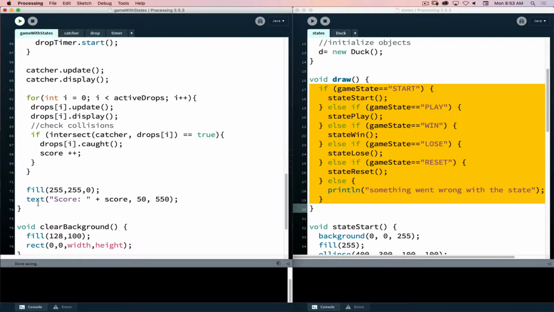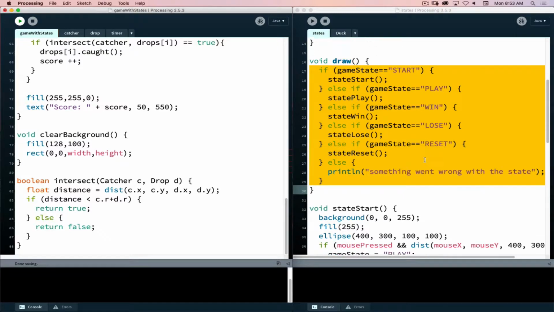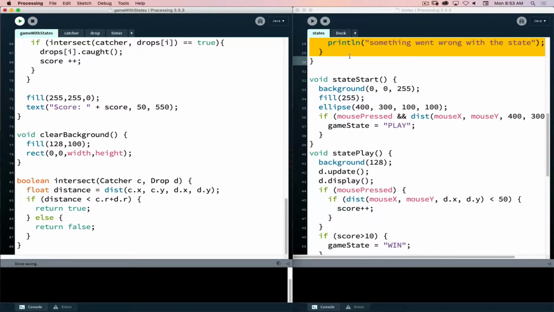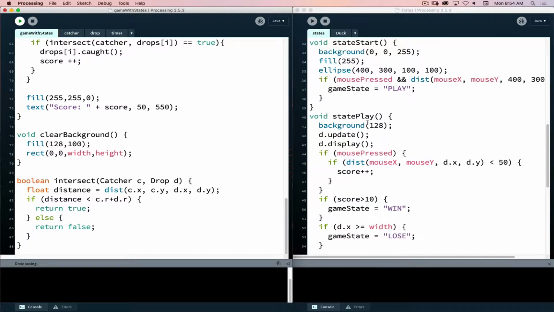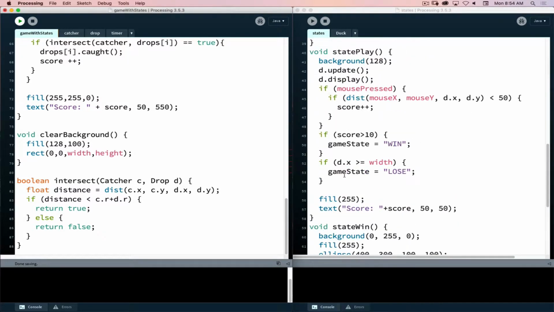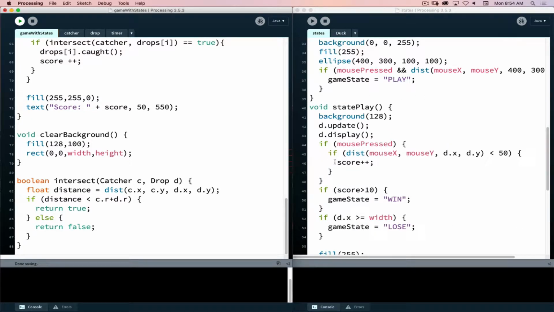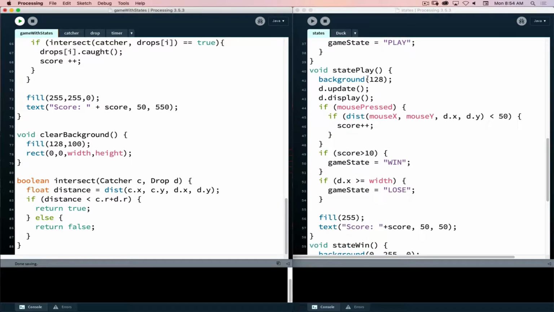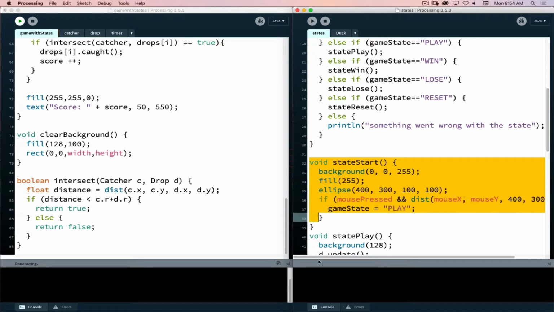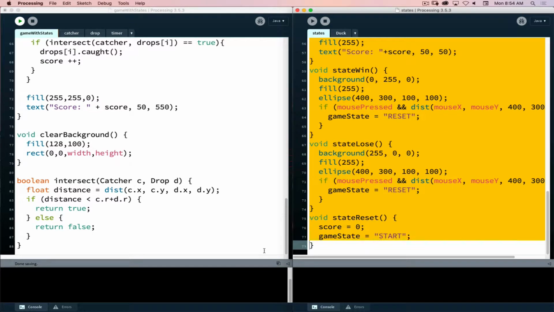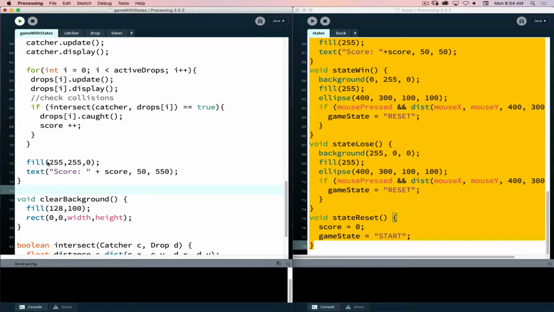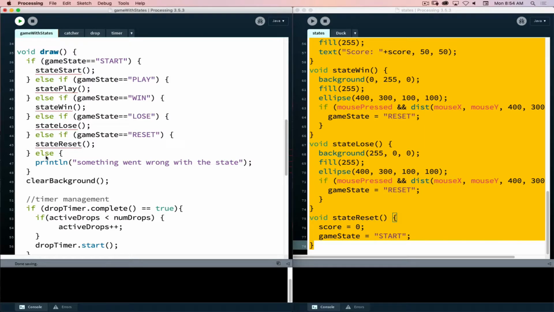The next thing that we need to bring into this is we have our different states that we're looking at, our start state function, our play function, our win and lose function, so we need those. Now the contents of the play function, that's all going to pretty much go away and be replaced by what's in the catcher game, but in the interest of not having to retype a lot of things, I am going to go grab that information and paste it in to my project. So I'm putting it between the end of draw